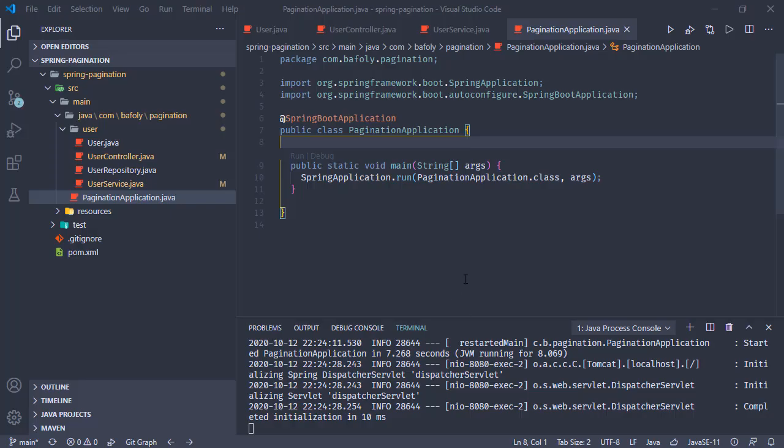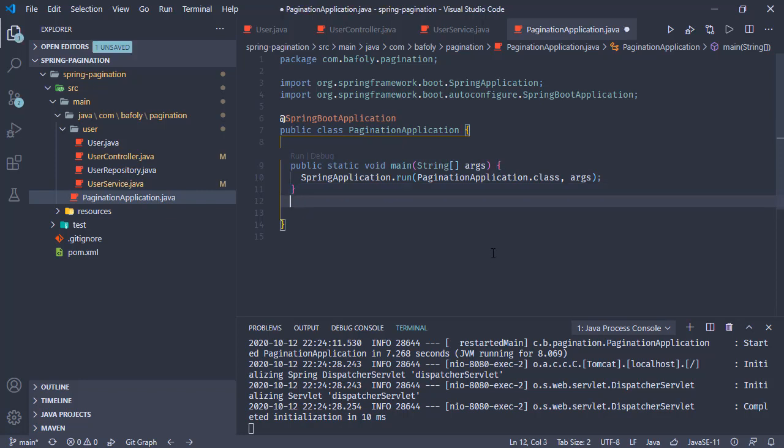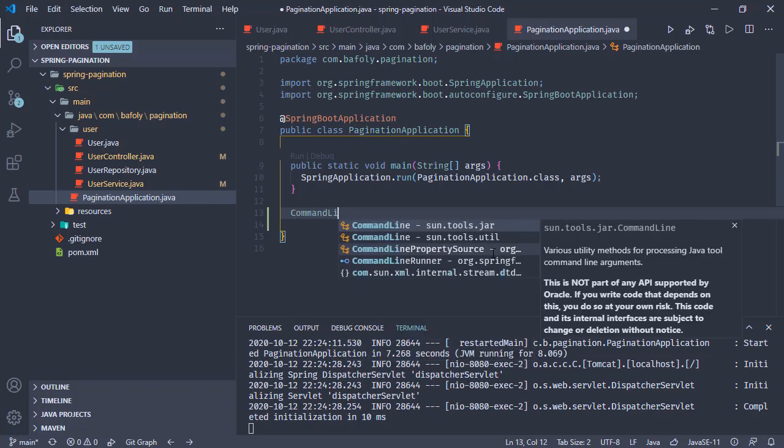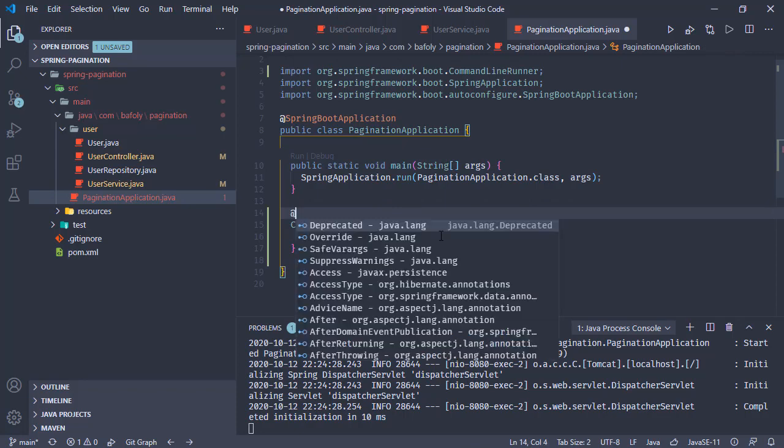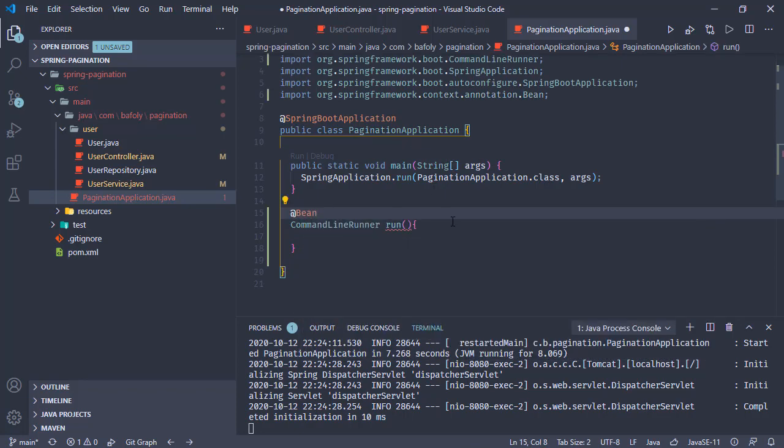Now let's add users to our application, and we will do it by creating our command line runner instance. Here in this main class we can do that. Here we are going to create a command line runner. Let's call this method run. And to make this instance to be part of the Spring context, we are going to add the Bean annotation right here. So Spring will be calling this run method, and in the end it's going to be returning back this command line runner. And when Spring sees an implementation of command line runner, it is going to be running the code in it. So we are going to return a new command line runner,